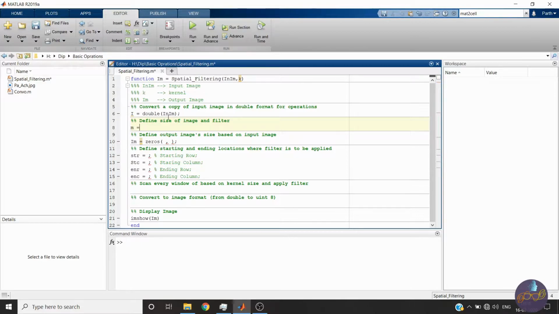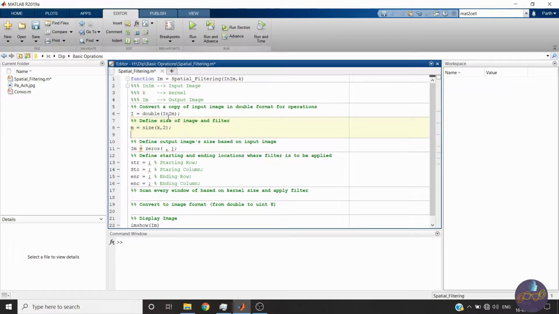I am naming it m. It will be size of k, 2. You can take any row or column because every time the kernel will be a square matrix and it is also necessary to be odd sized. Okay, size of image. This will be the size of input image.